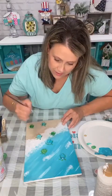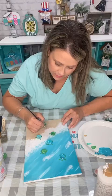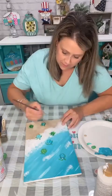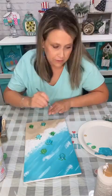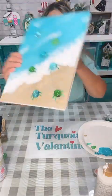Okay, so, well, I can't put little lines, but I can put little lines on the sand up here, like where he went in the water. I'm just kind of, I'll show you. Just kind of doing like little squiggly lines, because if he was dragging himself in the sand, you know how it would look. All right, so I'll show you. So, see how I just...